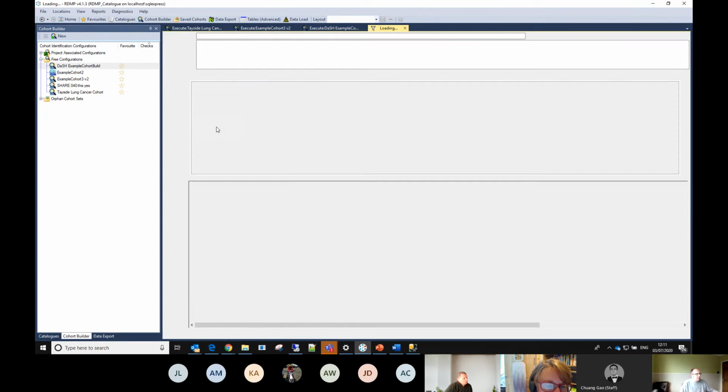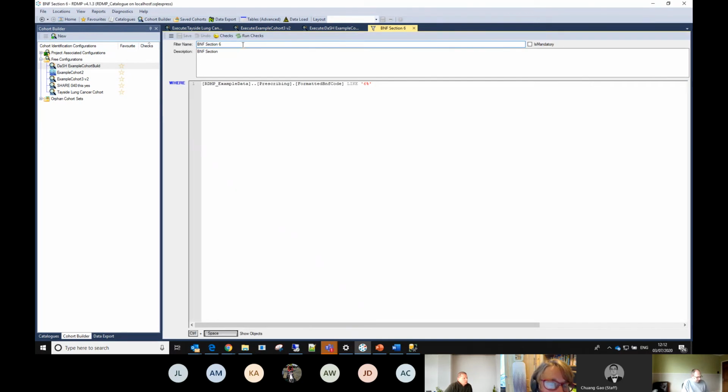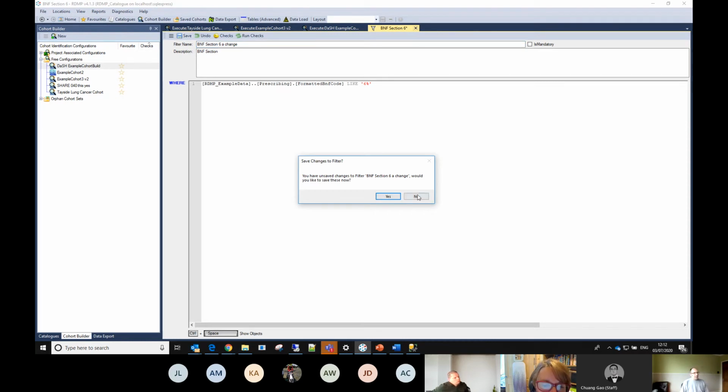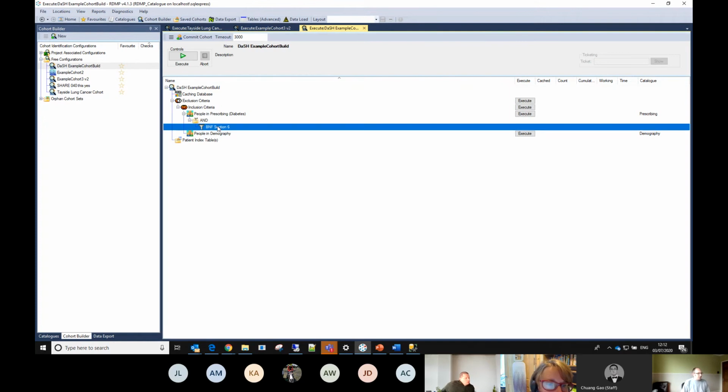I'll mention the kind of saving and stuff like that actually. You'll see that as I make a change, a little star appears up here, just like you get in many other applications. I hit the save button and didn't mention it, but if I close it without saving, of course we get a little prompt asking, would you like to save this now? I'm not trying to hide anything, I'm just used to hitting the save button because it's there.